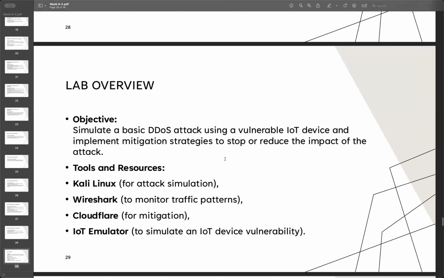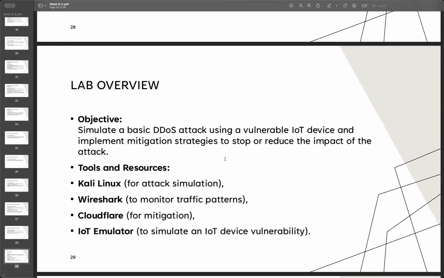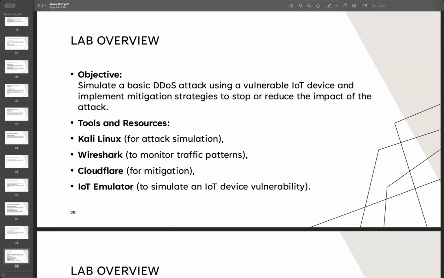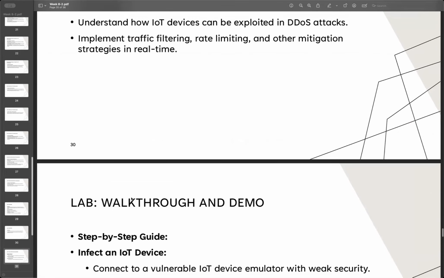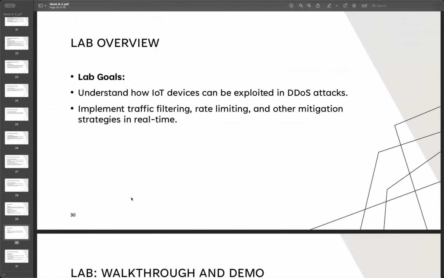Right here, I'm talking about some possible tools we can use. Of course, we can use Calvary. If you are using the easy tool, you can work with Calvary, and then we can use Wireshark to monitor the traffic. Later in the lab, you can implement sending the requests, or you can check your CPU or resource usage on the server so you can monitor it. Or sometimes we can use Kali Linux to simulate the attack.